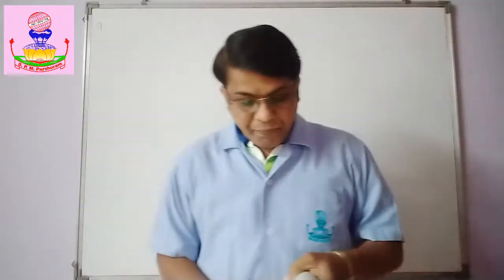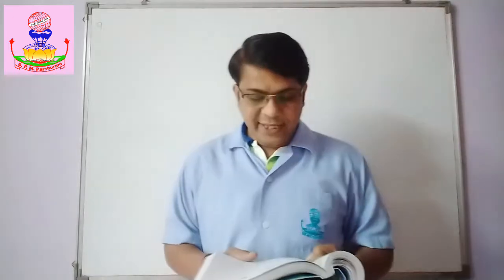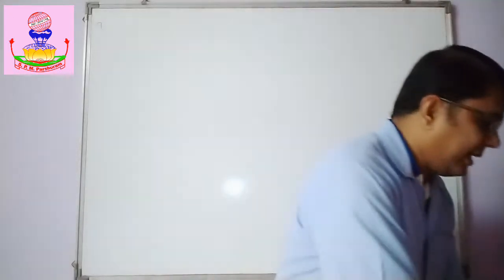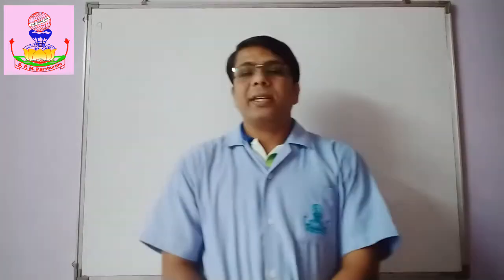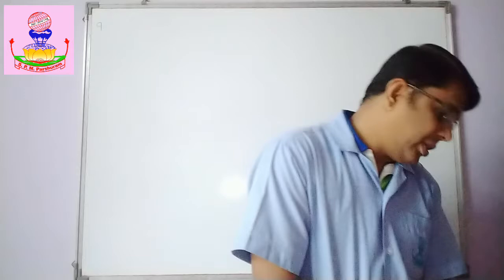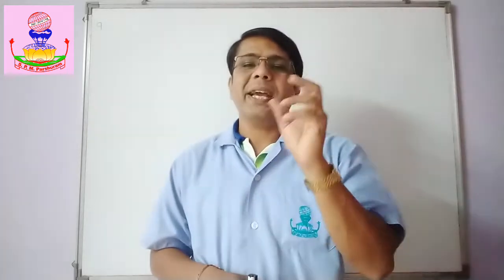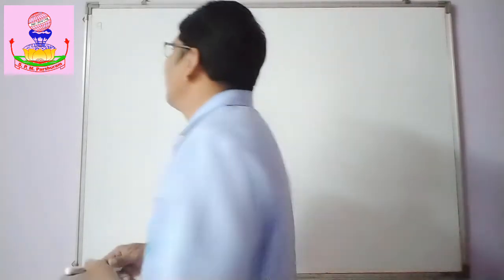Now, 9th example: Meeta saves rupees 400 from her salary. If this is 10% of her salary, what is her salary? Do we know the salary? We don't know the salary, but she saves 10% of it, and that amount is given: 400. So 10% of something is equal to rupees 400. That unknown we'll assume to be X, so that will be easy.